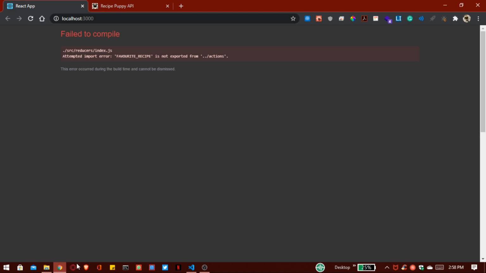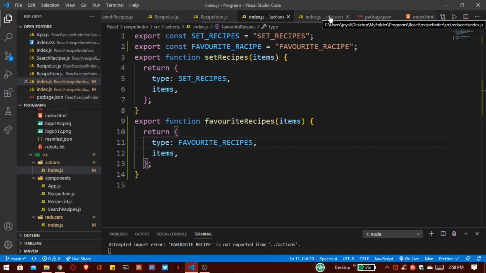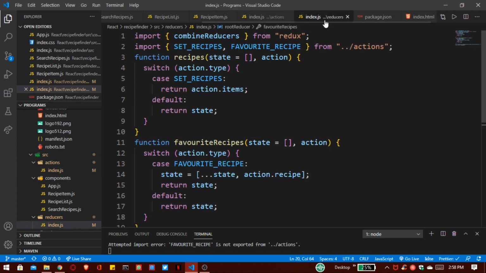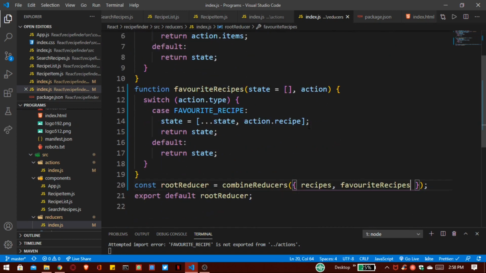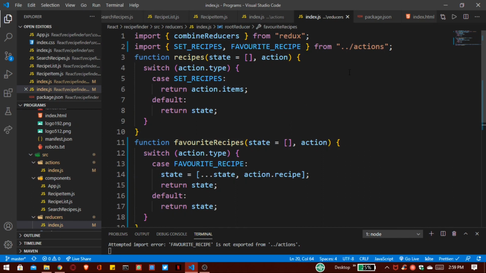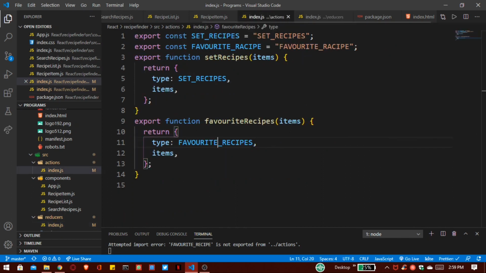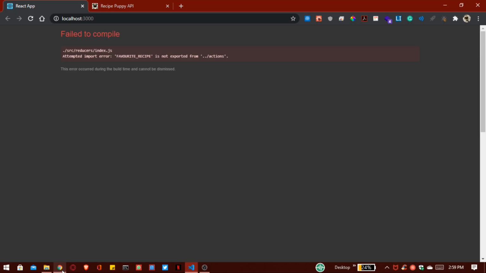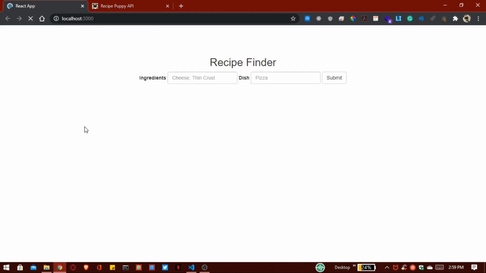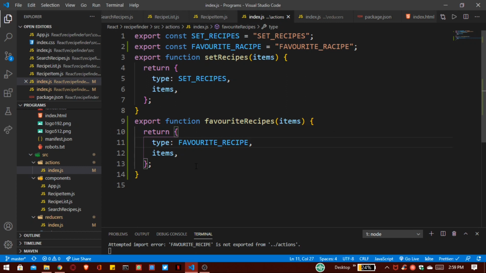Here you can see there is an error: favorite recipe is not exported, because we have to write favorite recipe only instead of favorite recipes. So here we have to remove this s. Now save this, and I think the error is not gone. No, that is changed successfully.